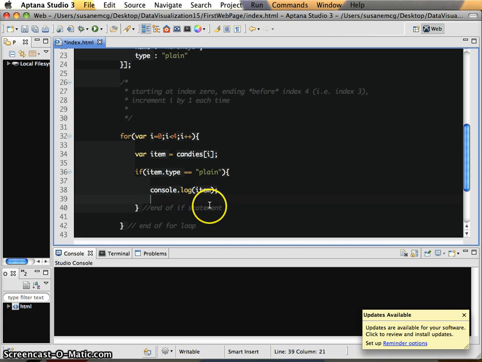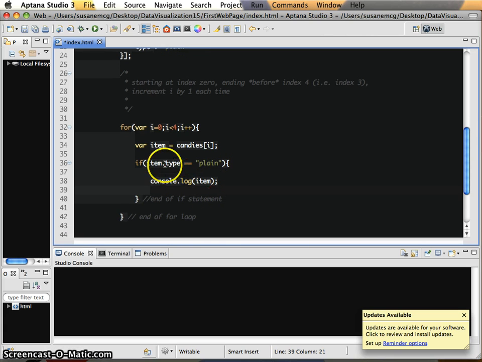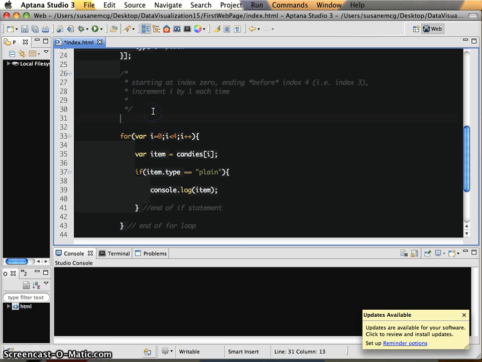That's the only way that I can end up in here, and I can see that it has to meet this condition, which is that the item type equals plain. Now, if I want to separate these things into two lists, the first thing I have to do is